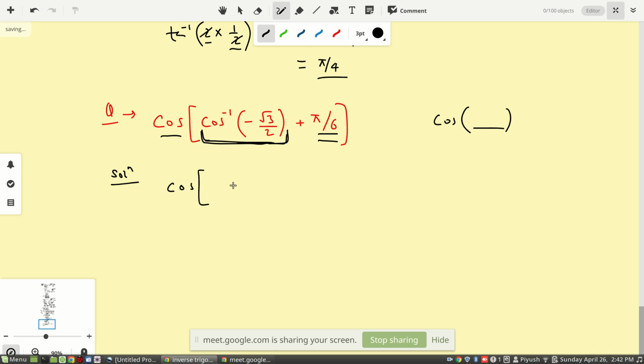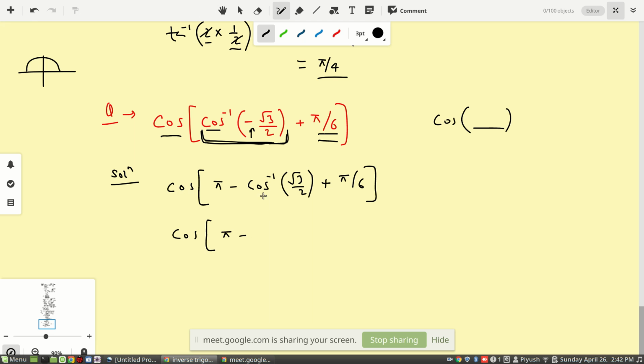So cos, then here cos inverse of negative. The moment I see the cos inverse, and the cos inverse is one of the members of this group, then it will be pi minus that thing without this sign. So here we'll do that, pi minus cos inverse of root 3 by 2, and other things we will not change. And after that we'll solve. So it will be pi minus cos inverse of root 3 by 2. So again, whenever you have to find the value, this kind of value, the answer is some angle. And how to find that angle?